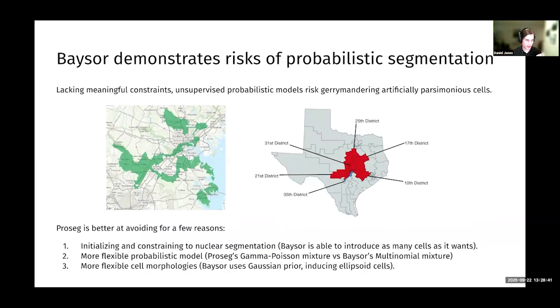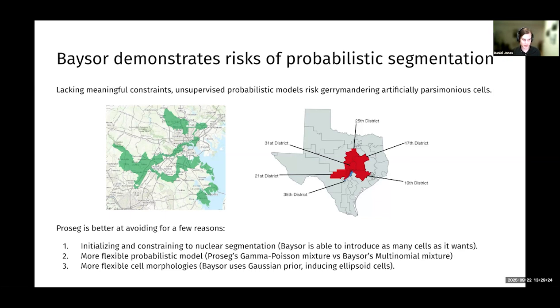Working with transcript-based methods, the error mode we found is akin to cellular gerrymandering. These are classic gerrymandering examples from the US. If you have complete freedom to draw borders, in this case of congressional boundaries, you can engineer a particular statistical outcome. So if you have a statistical model and you have complete freedom over the cell boundaries, it's possible to engineer over-parsimonious cells that are not plausible. But we think we avoid this, whereas Baysor falls prey to this,